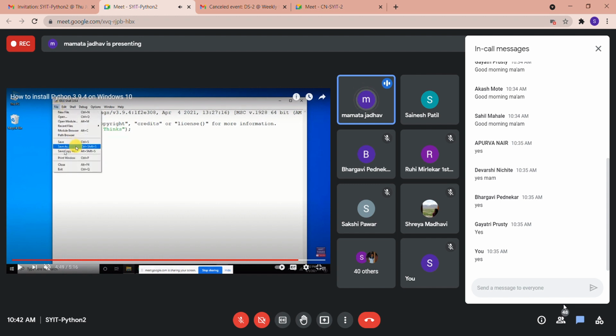Now this was interactive mode. You are typing the statement and immediately you are getting the output. But if you are creating a new file, writing a program into the file, then you can rerun the file for infinite amount of time, and that is called as script mode.